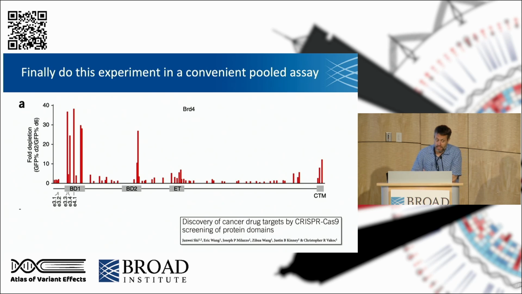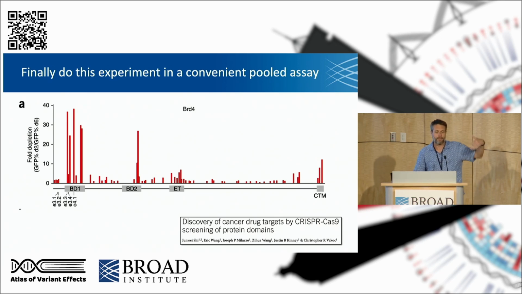I think what's particularly nice about this is I think with the base editors as they are now, they are efficient enough to allow people to do this experiment in a pooled setting. So this is a paper now at this point, maybe almost 10 years old, from Junwei Shi when he was a postdoc in Chris Vakoc's group. Junwei is now at Penn, where they were using, in this case, CRISPR-based knockouts, because base editing had not yet been invented, to tile across the length of, in this case, the gene BRD4, but they did this for a number of other genes. And in the assay that they were using, they were able to say, like, well, when we enrich for a domain is important if